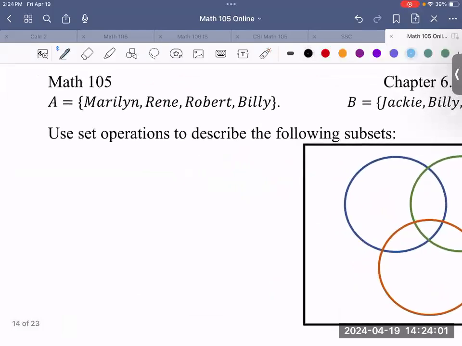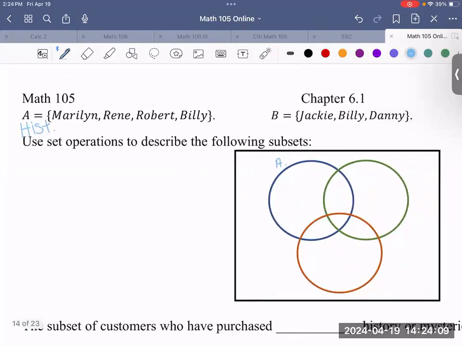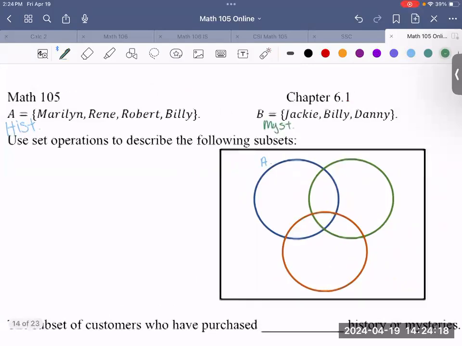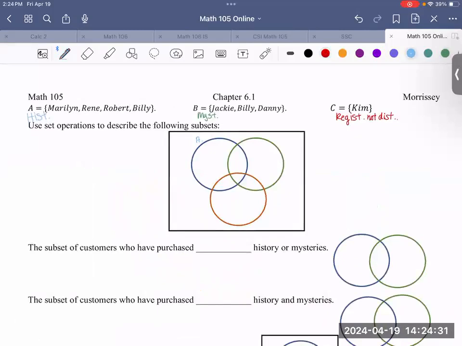Well, if this one is history, we'll label this one as A, right? Well, we have history here. We have, let's see, green. We have mystery. We have this reddish color or orangey as registered, no discount, right? So if we're putting it all together, those who are found in history are Marilyn, Renee, Robert,